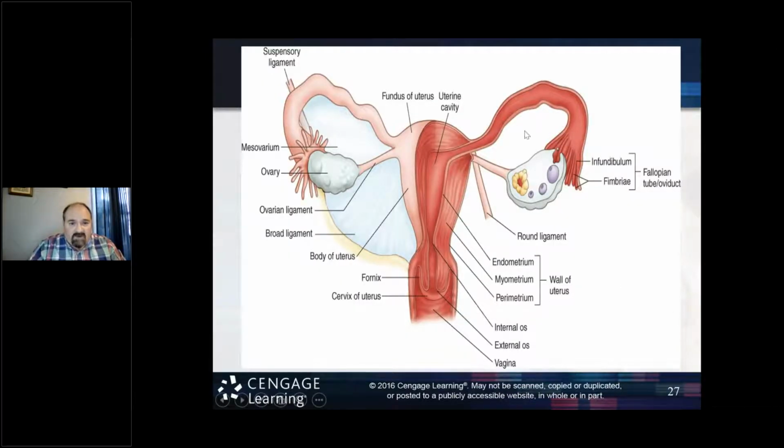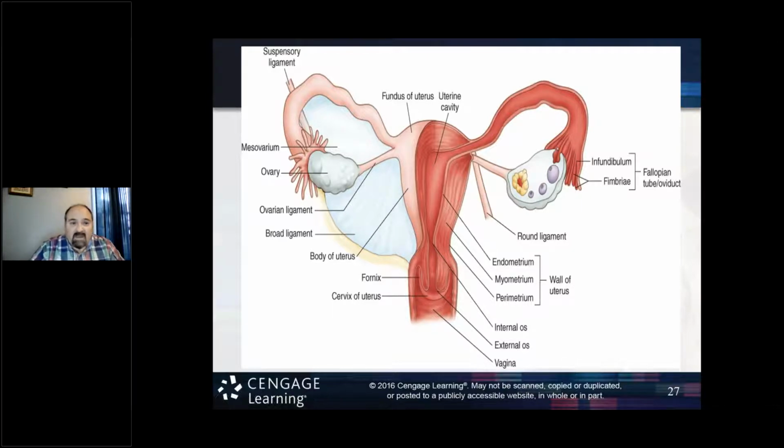Here we go as far as giving you just an A to P view, an anterior to posterior view. And you're seeing here the external and the internal os of the cervical canal of the cervix, okay? This is giving you a better idea regarding the endometrium, myometrium, the muscular layer. Here again, the endometrium, that functional layer is what's going to be sloughing off during menses. Here you're seeing the ovaries, and here's the corpus luteum.